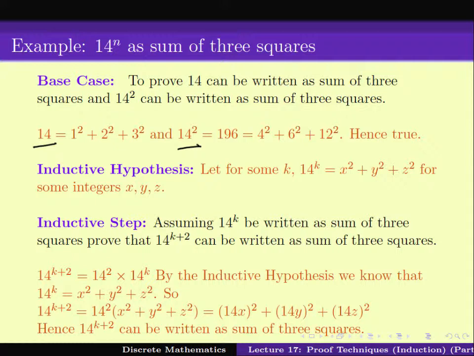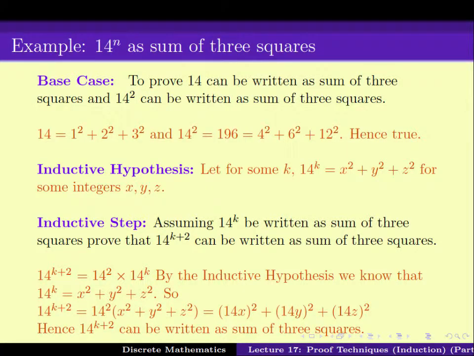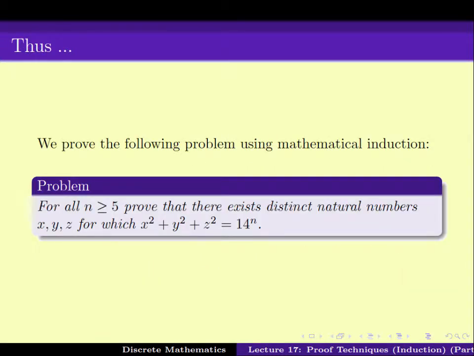So when you apply a particular mathematical induction technique or proof principle, we just have to ensure that all the cases we want to prove are covered. Thus we have proved that for all n, actually for all n greater than or equal to 1,